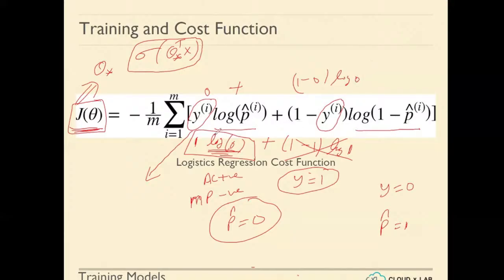So a very high value you will get when there is a mismatch between the actual value and the model predicted value, right? So whenever the actual label is positive but the model is saying negative, or